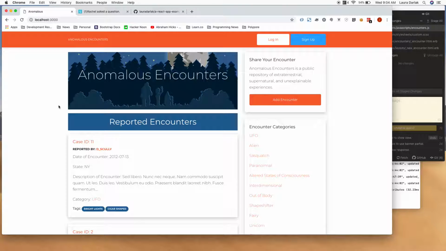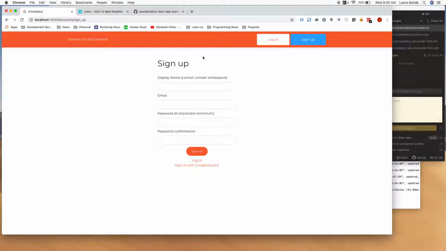And let's say we came to Anomalous Encounters because we just had an experience and we'd like to record it on the platform. We can go to Add Encounter. And there is authentication and authorization set up within the app, and since we are not logged in, we are unable to enter an encounter, and we're going to sign in with Google OAuth